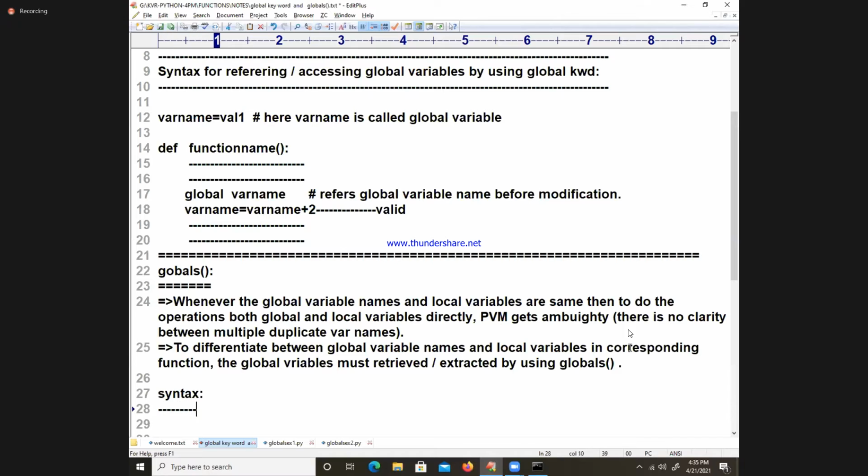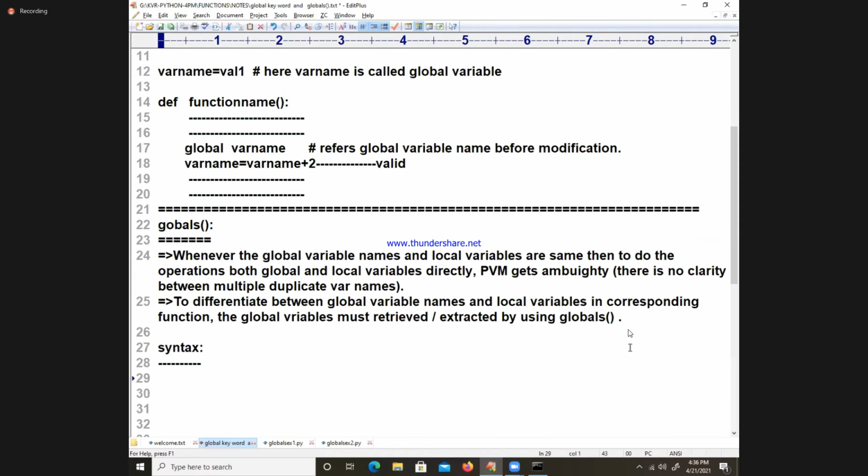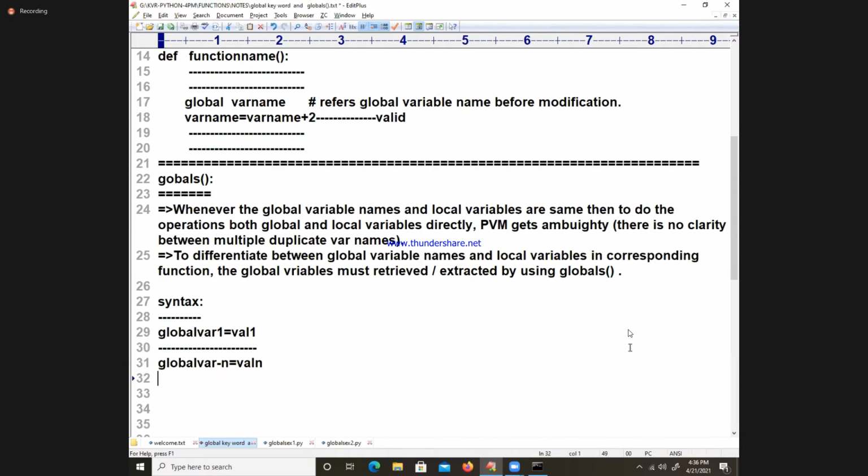I am writing global variable 1 is equal to value 1. So on, global variable n is equal to value n. Now I am writing def function name.